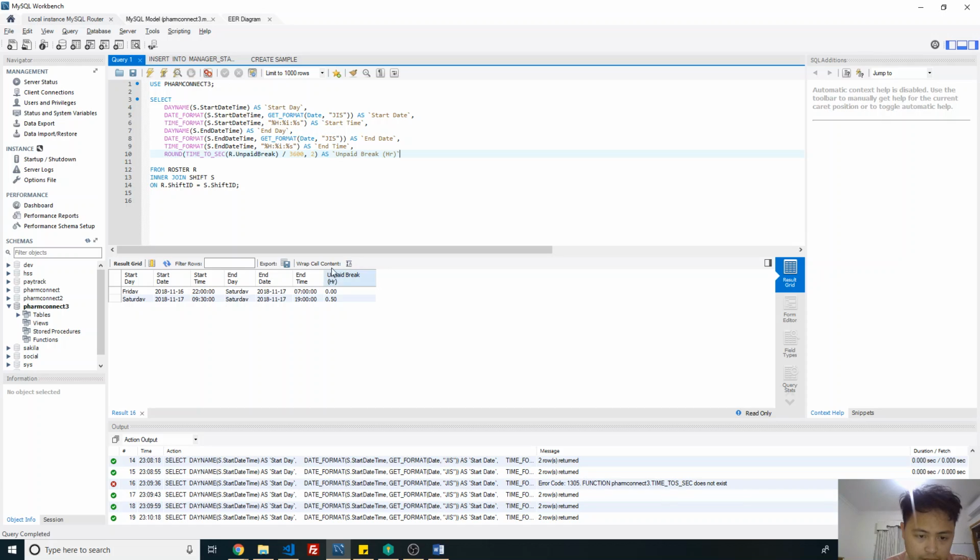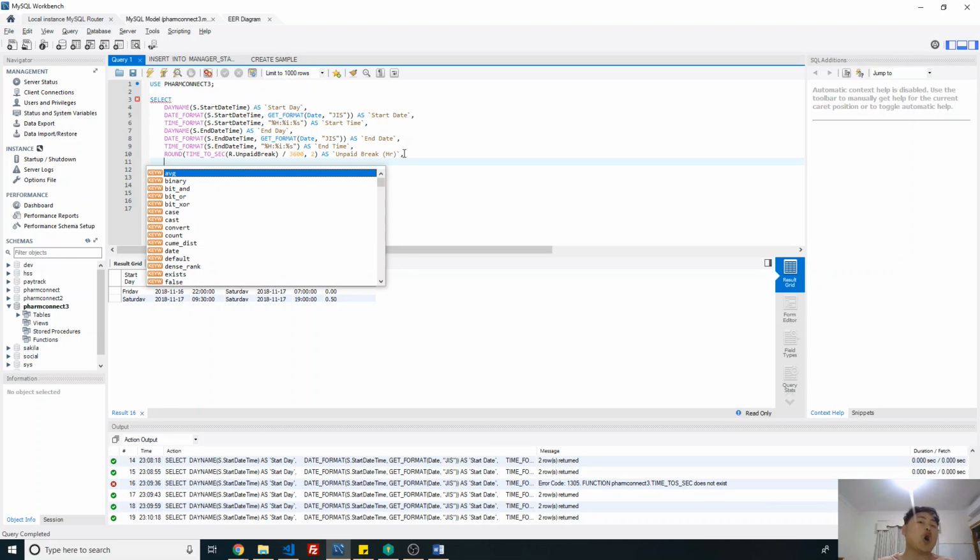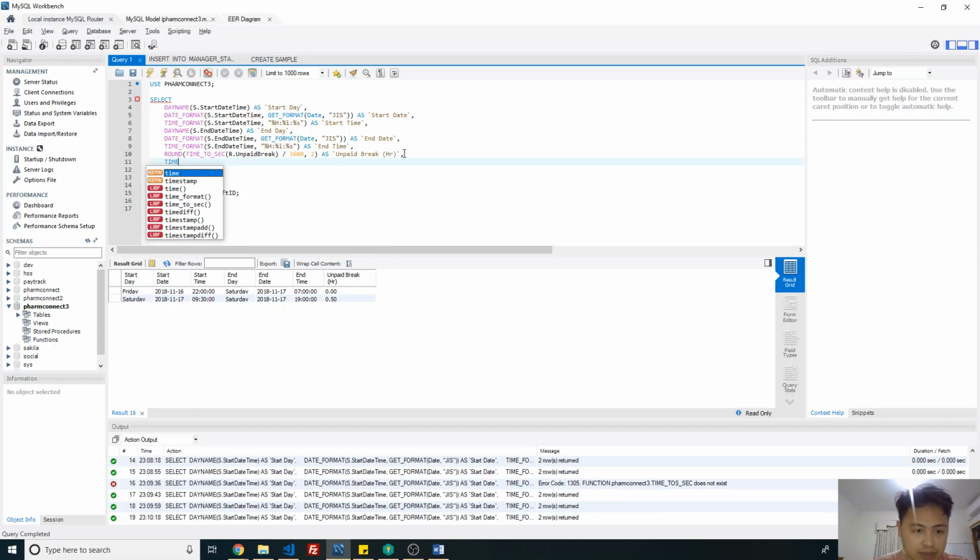Cool, unpaid break. Now I want to calculate the difference between the start date and the end date. Okay, easy done. But the difference in time, not date, because if you do date diff, then it would just give you one date. So it's actually time diff. You can see, here we go. Make sure you put the end date time first, and then start date time. Now this should give me